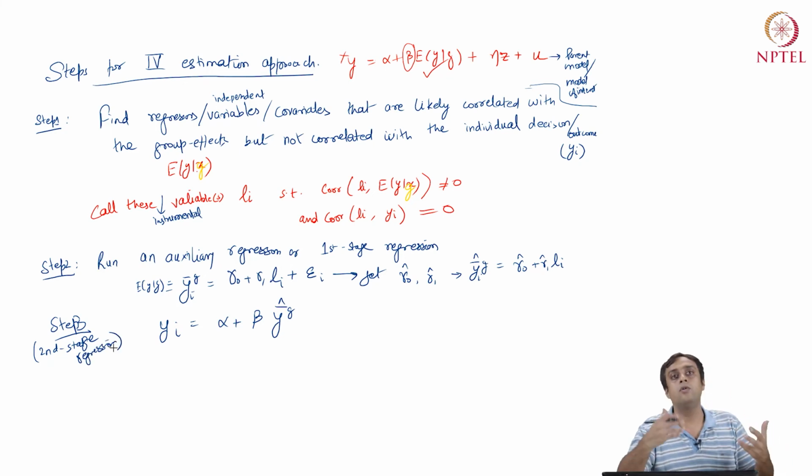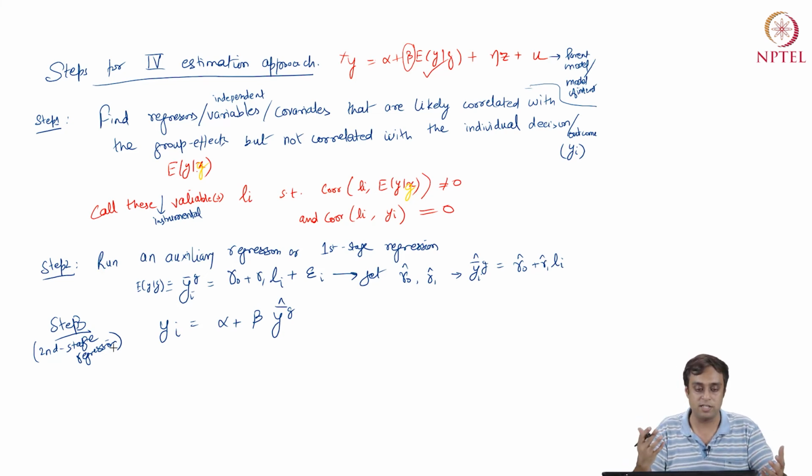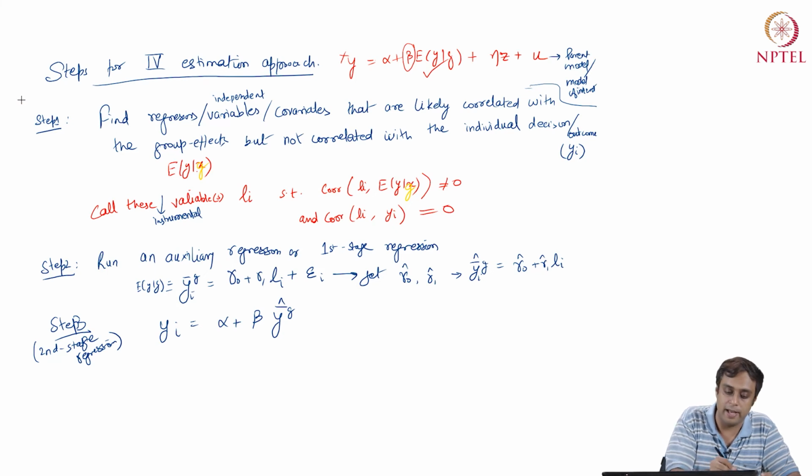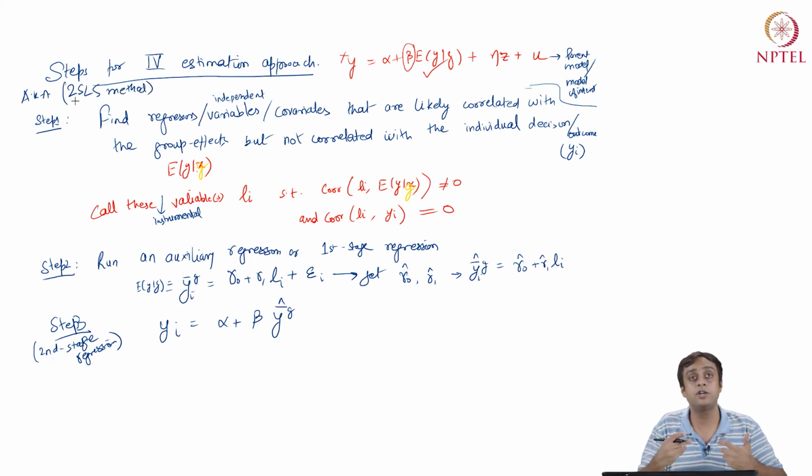This step 3 is called the second stage regression. So, you are now conducting the same analysis in 2 stages. This is also called the 2-stage least squares method, also known as the 2SLS method. Remember, in this lecture, I am not doing a good job of explaining what a 2-stage least squares method is. But you have all the tools to learn what it is, and I strongly encourage you to go back to Wooldridge's book and study it. It is very general, it is very powerful, it is used a lot in econometrics research.